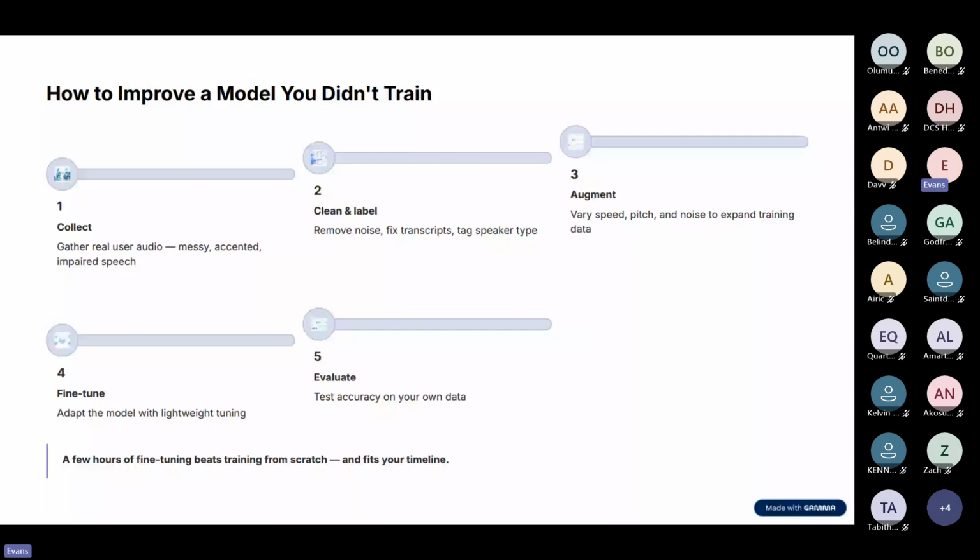Then you fine tune. So when you have your data ready, you can fine tune on the base model that you have. That's the model you have. You train it with it, right? After training, you evaluate. So evaluation for both technologies is different. With ASR, you want to look at your word error rates or character error rates, and then with TTS, you want to look at your mean opinion score. That's most. But then